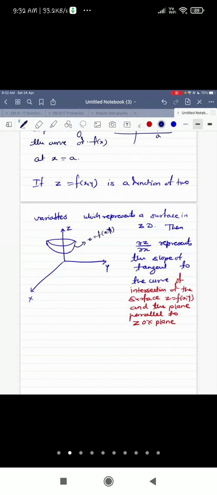Okay. So when you consider this lemon, don't consider the solid lemon. You can consider only the surface of the lemon, right? If you consider the solid lemon, it will be a 3D figure. So consider only the surface of the lemon when you are cutting it with a knife. There will be some intersection of the knife and the lemon, and that will be your curve.